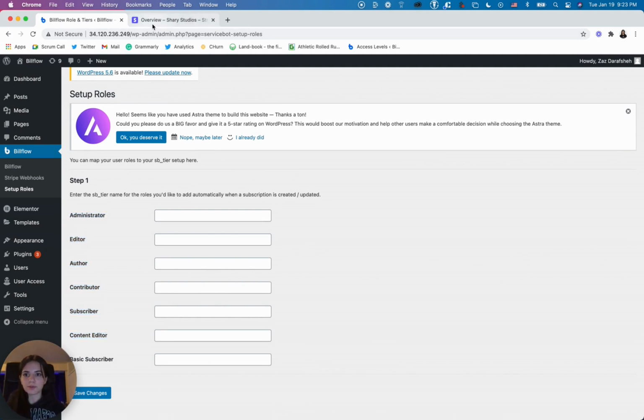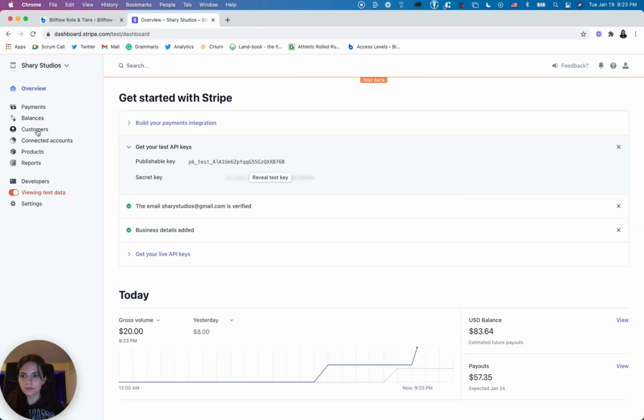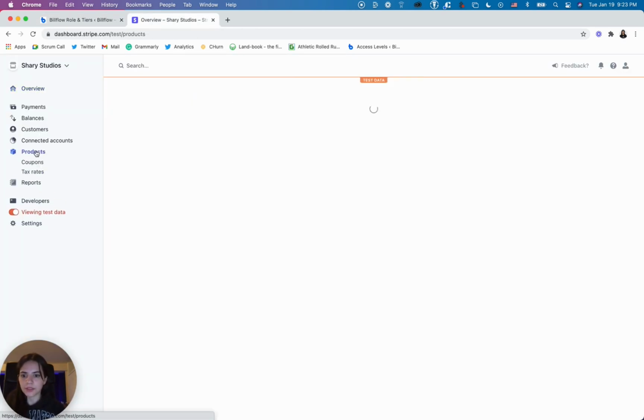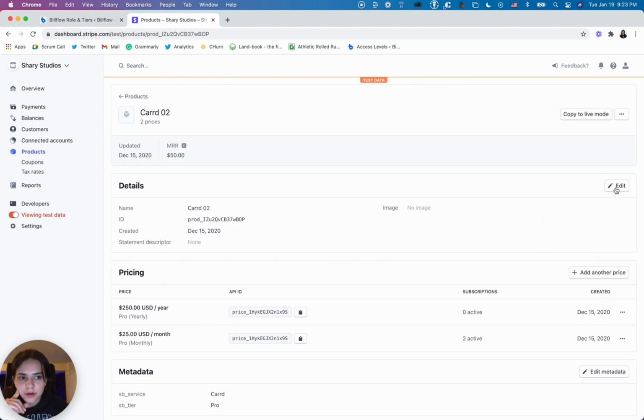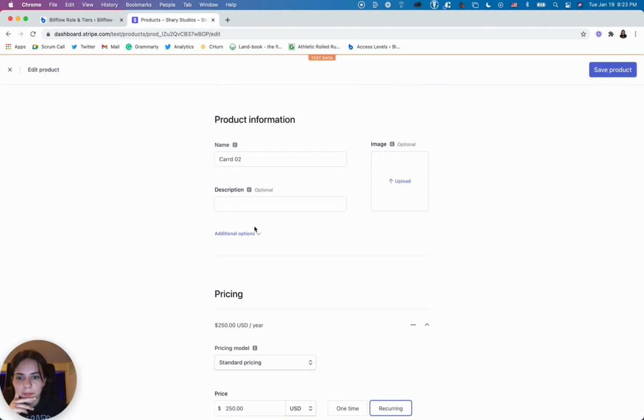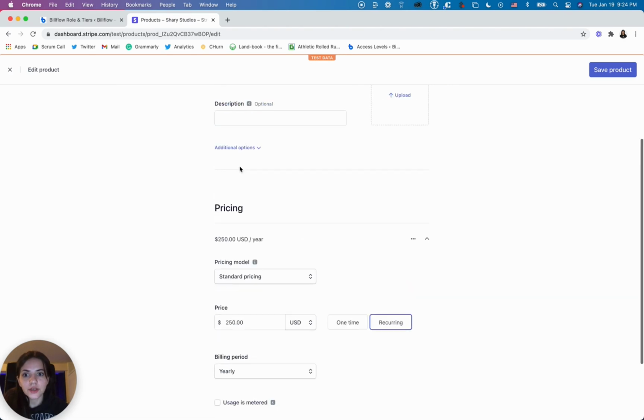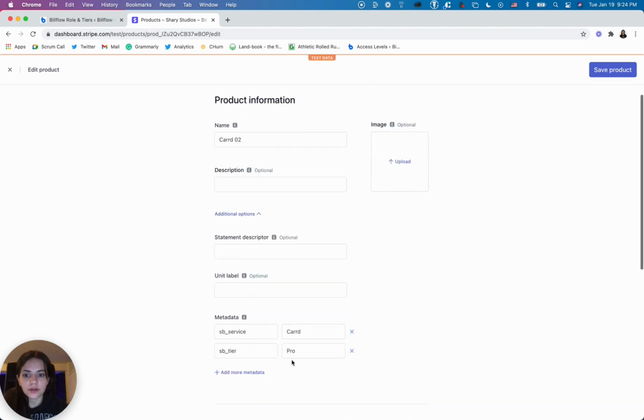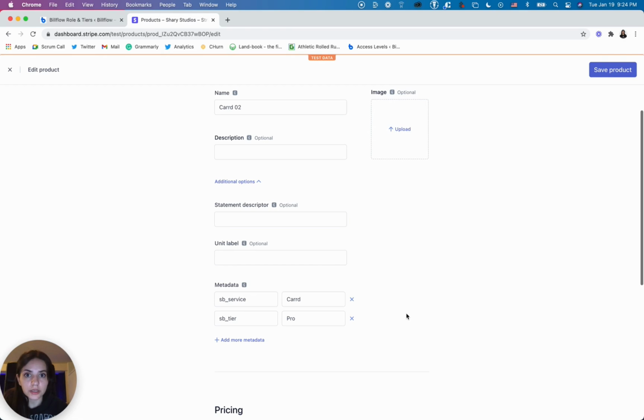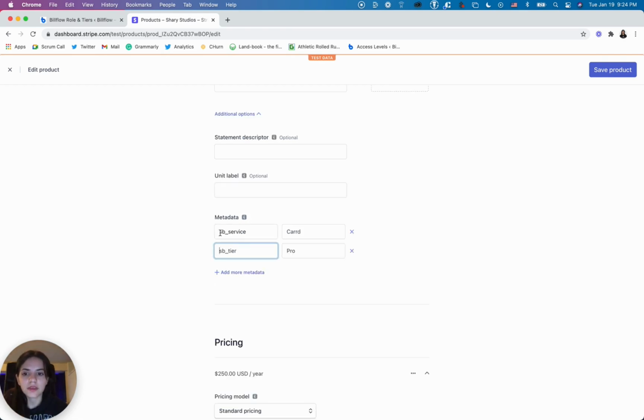Now, if we go into Stripe over here, and we go into our products, let's go into this product and let's click Edit. So if you guys recall, you have to set up the metadata for your products within Stripe. There's two different tags that you need to use to tag your product, and that's SB_service and SB_tier. We are going to take the name that we've given to the tier,